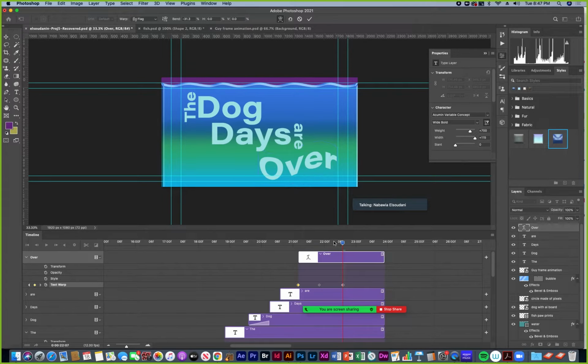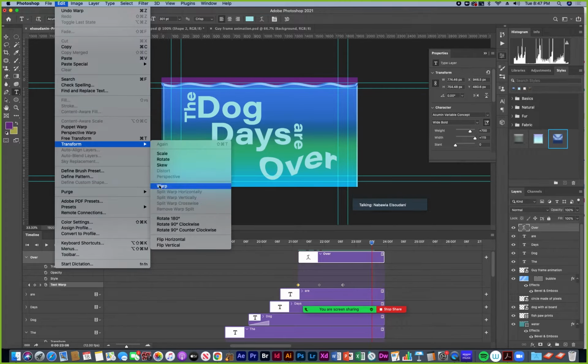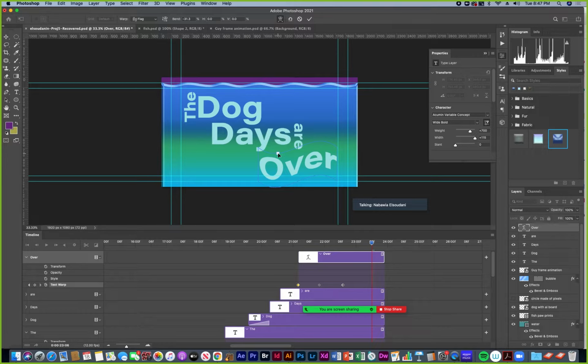So then I can press return to apply that, and I can kind of keep going back and forth. I can go back to edit, transform, warp, and then move this little box to make the text warp again, and then press return to apply that. So now Over's gonna just dance